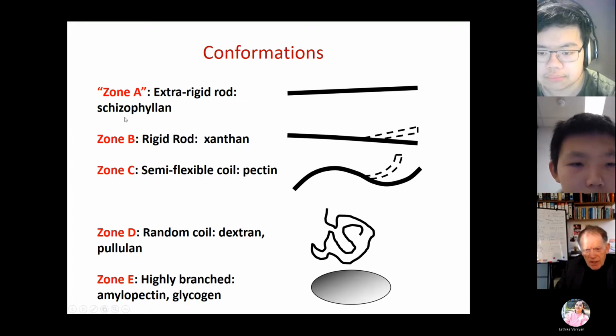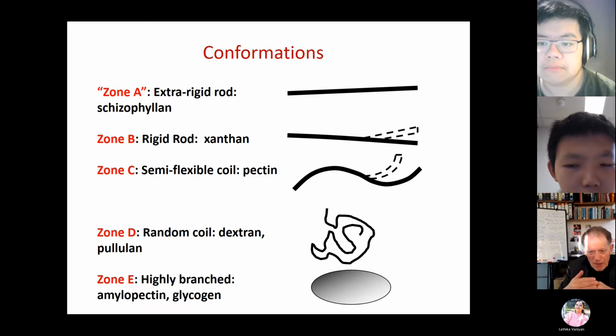So this represents the wide range of conformation types we get with polysaccharides, generally far wider than we see with protein molecules. Zone A, extra rigid rod, for example, schizophyllan, which is a very rigid triple helical type of polysaccharide, also the evidence suggests. Then you get xanthan, complex repeat polysaccharide, because of its